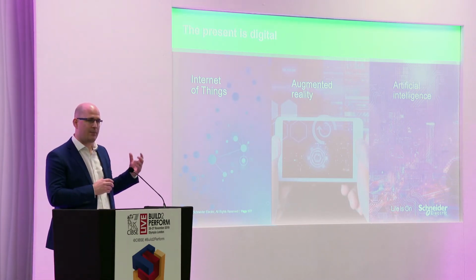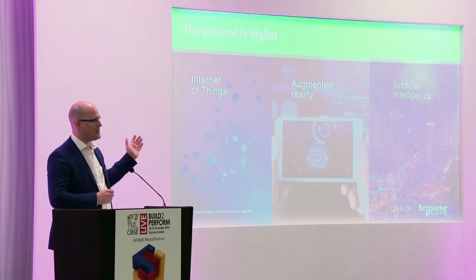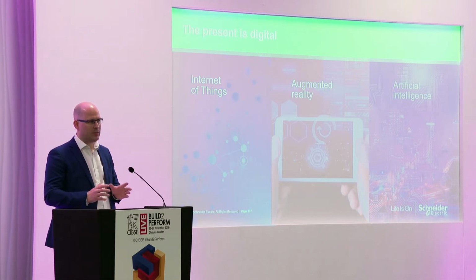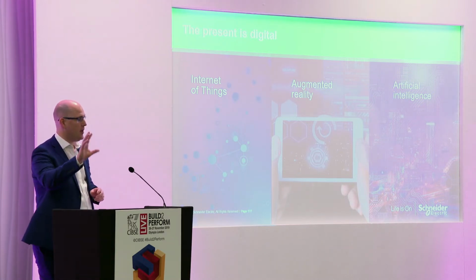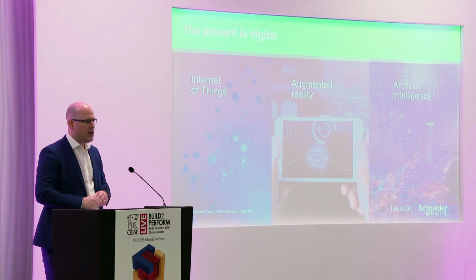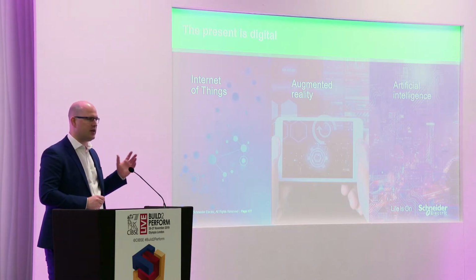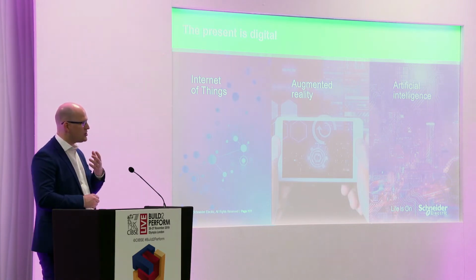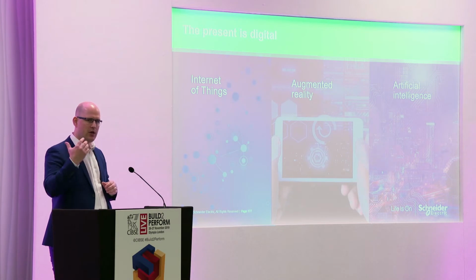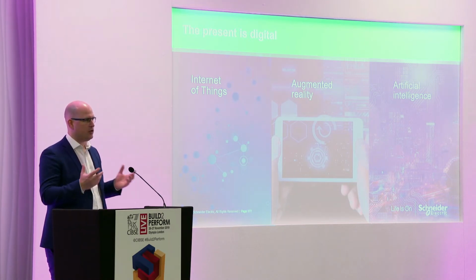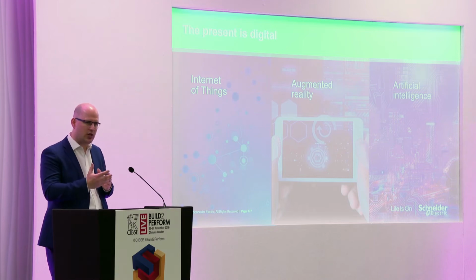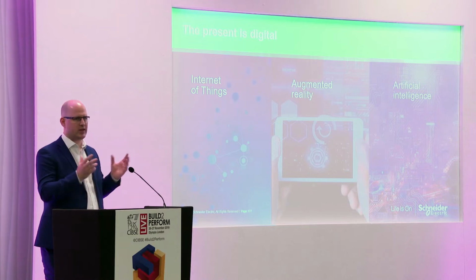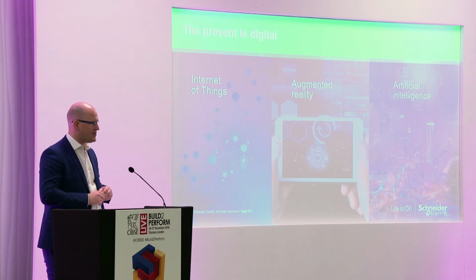Now, some of the other things that are happening you may be less familiar with. So augmented reality, something that we see almost every day, but some people are a little bit less familiar with. I've not seen so much of it at the exhibition this year. There was quite a lot last year. So probably one of the best examples in our space, if anybody's seen it, is the Trimble Microsoft HoloLens. For those who haven't seen it, it's the sort of smart glasses that allow you to view your BIM models in an AR function on site, so you can see all of your MEP technology within a building, do your clash detection in that sort of AR 3D type space. Fantastic piece of kit for anyone that hasn't seen it.